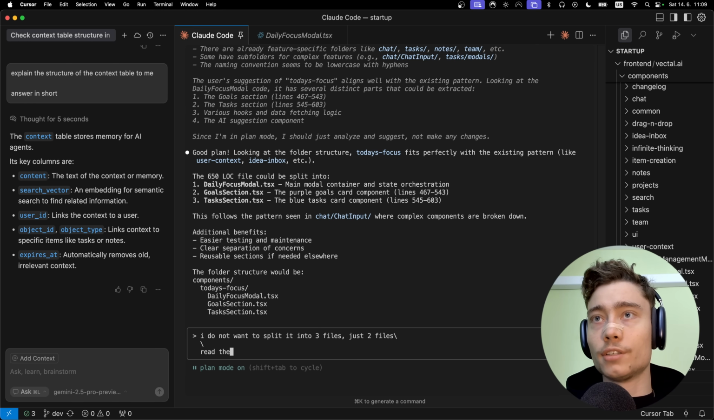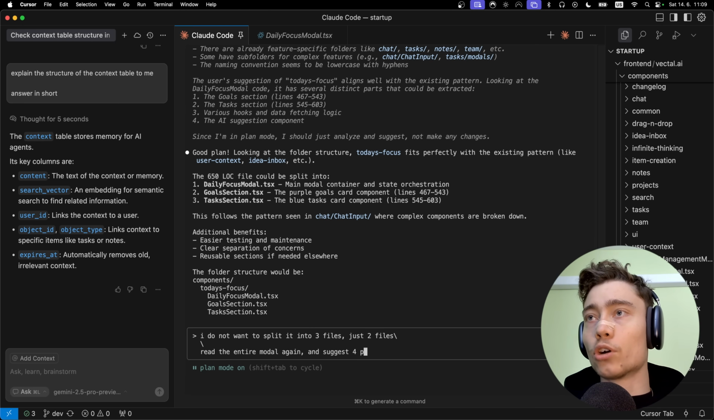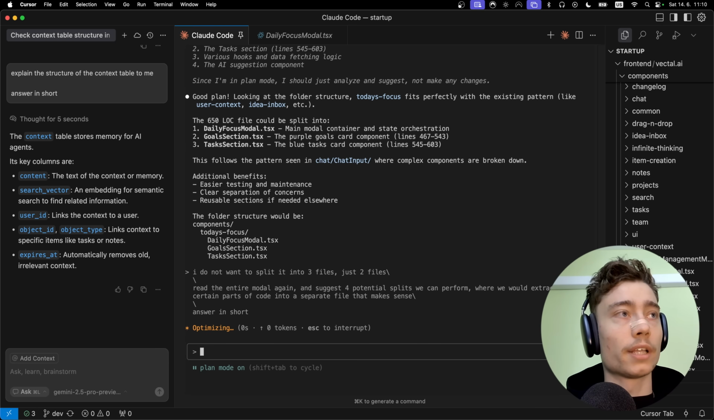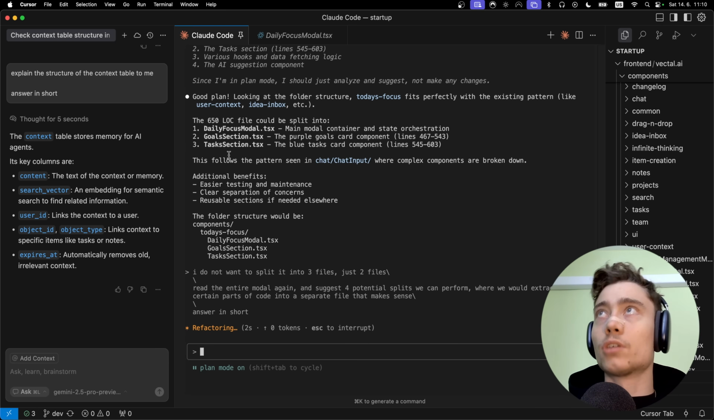Analyze, okay, read the entire modal again and suggest a more minimal split, and suggest 4 potential splits we can perform, where we would extract certain parts of code into a separate file. That makes sense. Answer in short. So this is good, like asking it, another prompting tip, or a Claude Code tip, ask it to give you 3 or 4 options